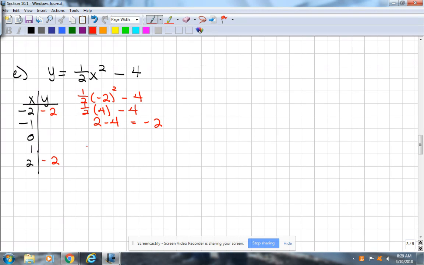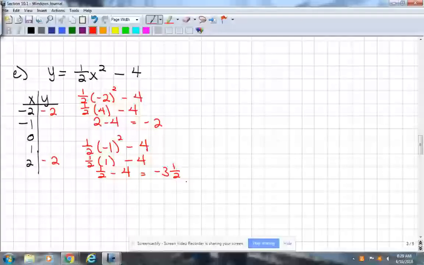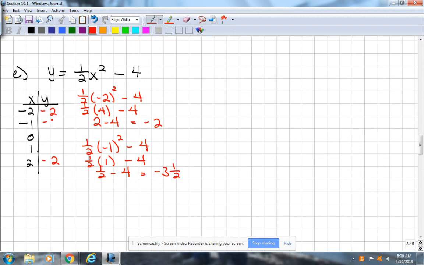Then I do the same thing with -1. Exponent comes first. What's -1 squared? 1. What's a half times 1? What's a half minus 4? -3.5, right? And yeah, it's okay to get mixed numbers when you're doing graphs, because actually it's a little easier